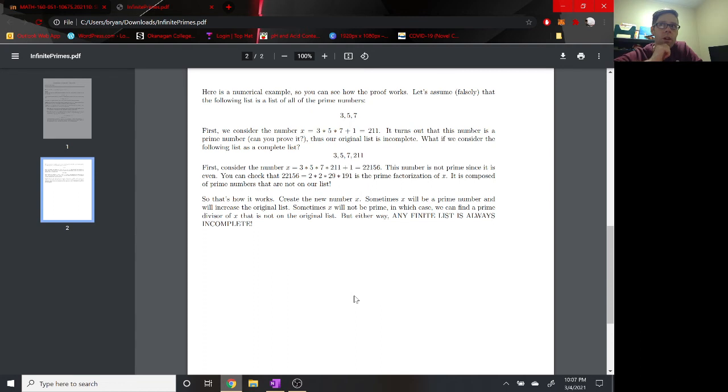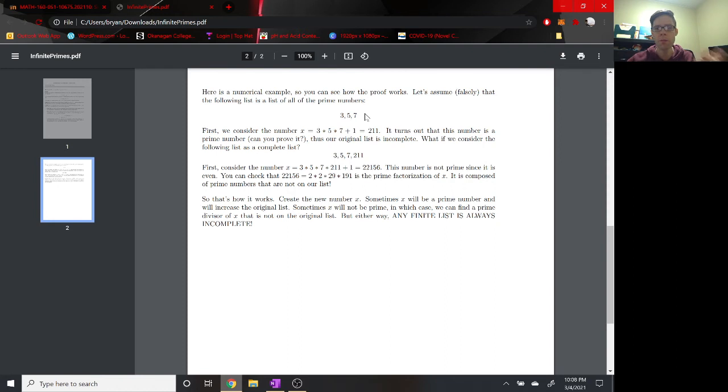So essentially what we do inside of the proof to show that there are an infinite number of prime numbers is we do something called a proof by contradiction. So we kind of assume falsely that we can create a set of prime numbers, and this is all of the prime numbers. So for example, in the example that I've given here on the back side of the page,